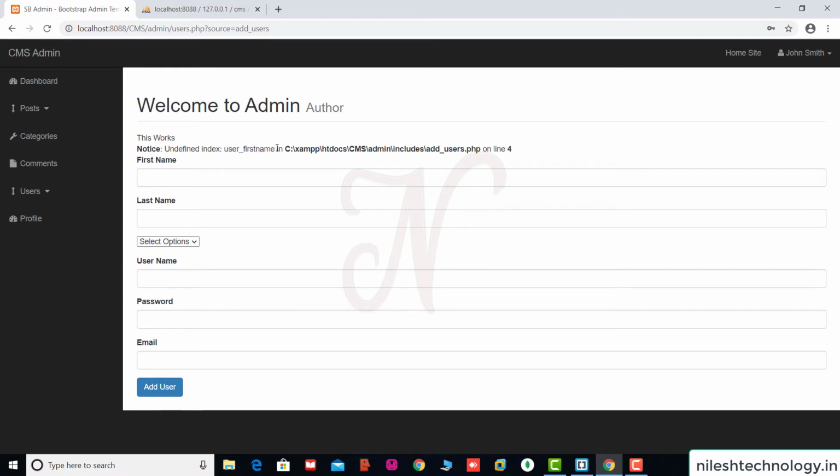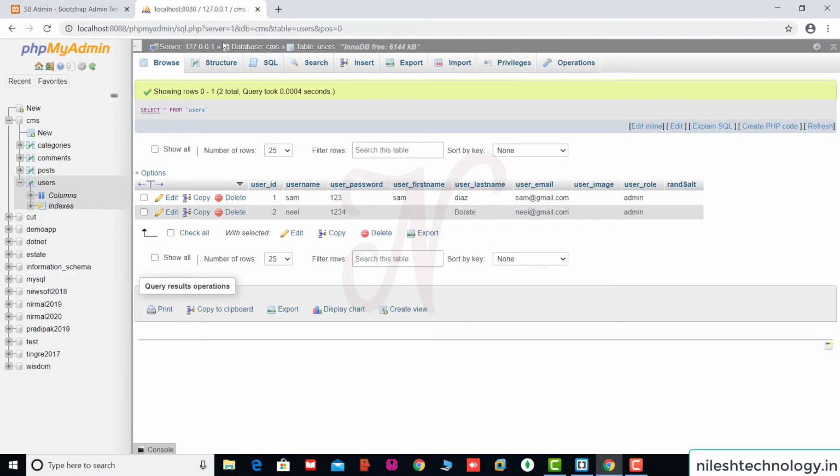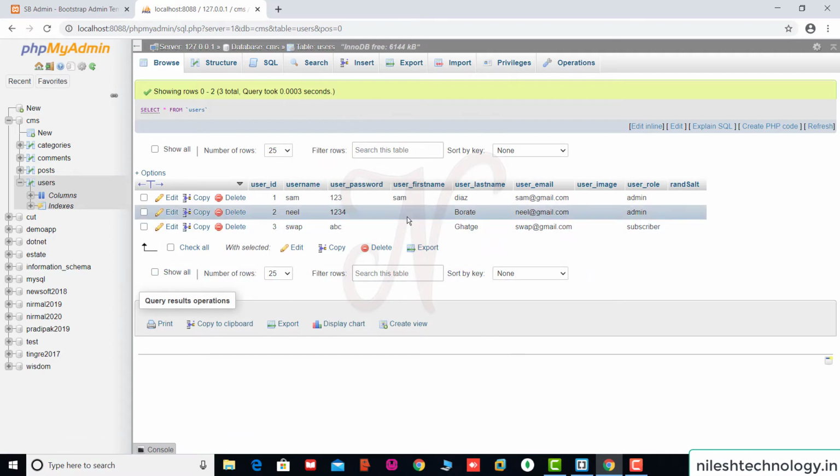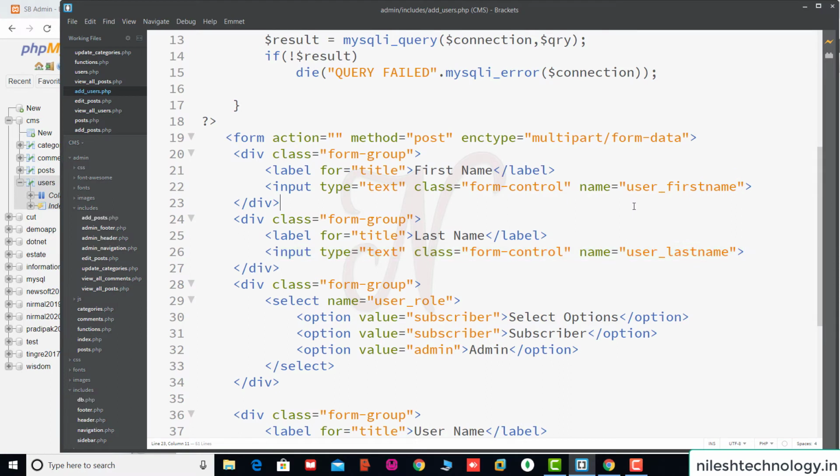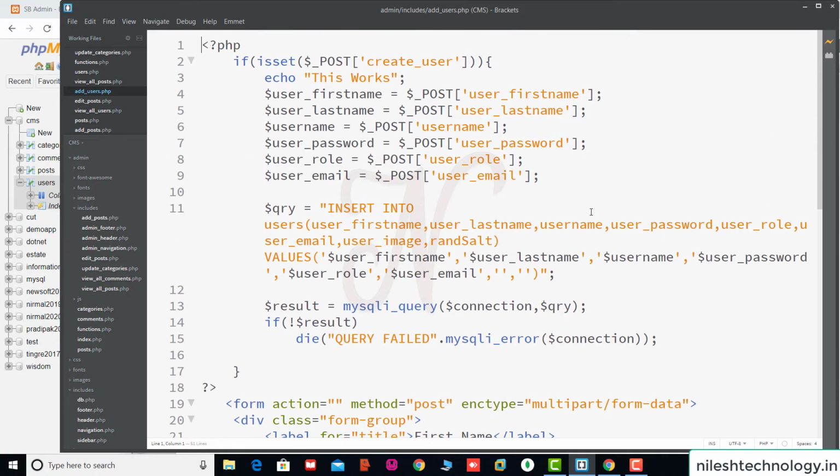Refresh this code. Again the first name was not inserted. So save these changes, user_first_name. See here, user_first_name. Okay, fine.